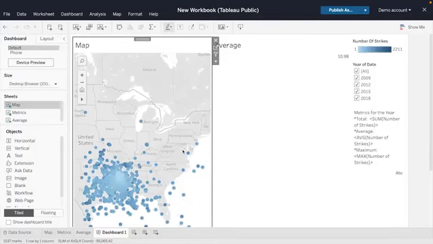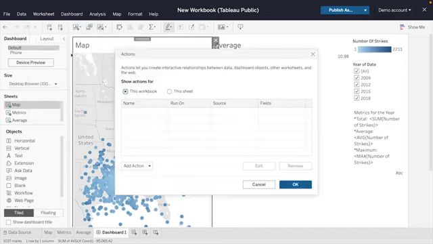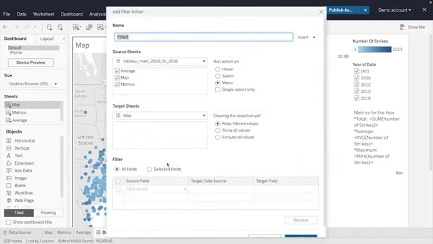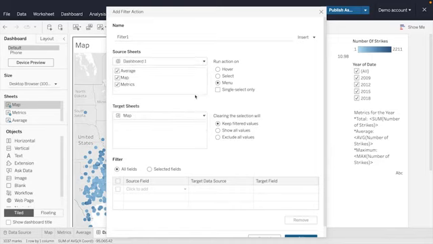Click on the map in the dashboard, select Worksheet and Actions. In the Actions pop-up, select Add Action and Filter. In the Add Filter Action menu in the Source Worksheets section, select your dashboard from the drop-down. Check the box for your map, and for the Run Action On list, click Select.